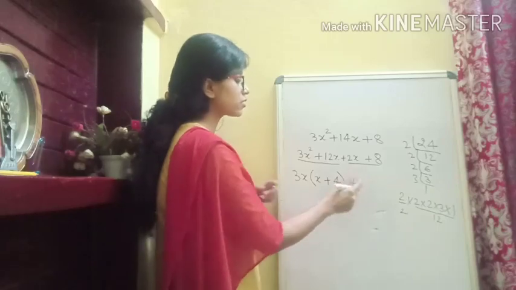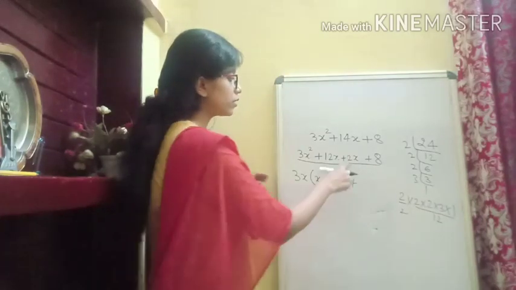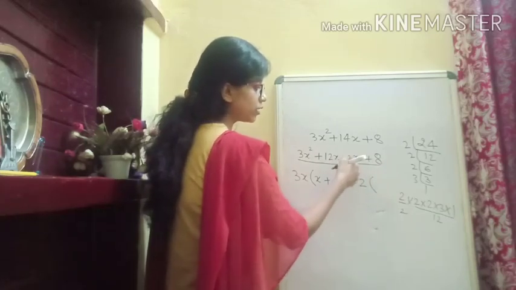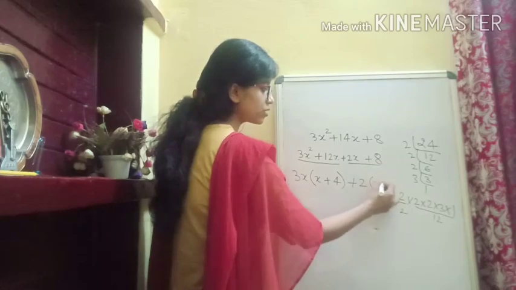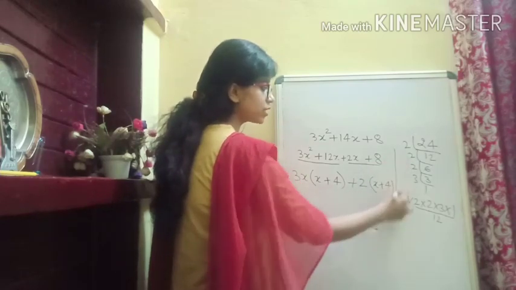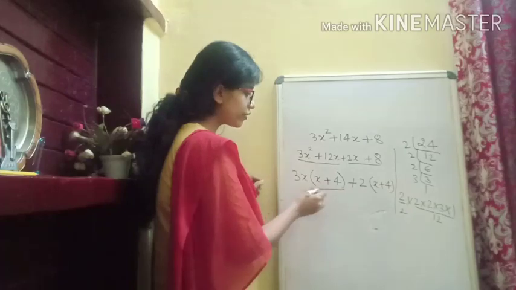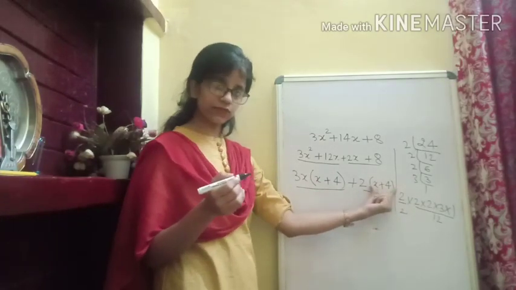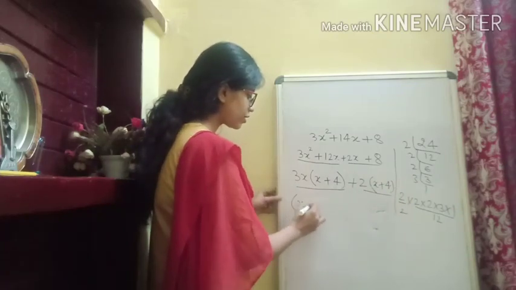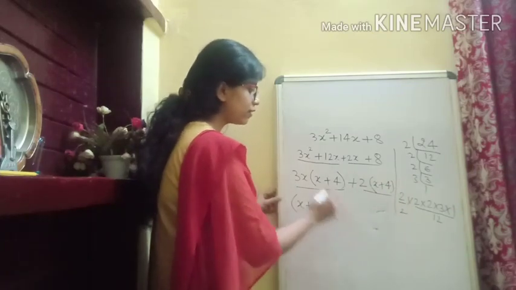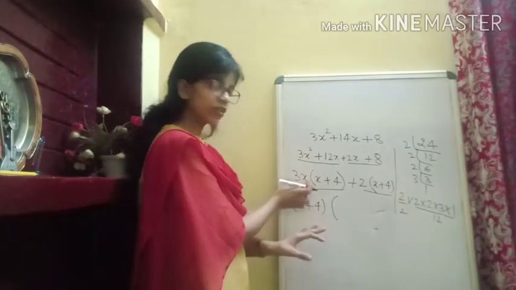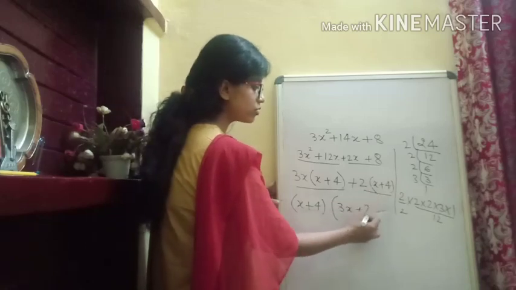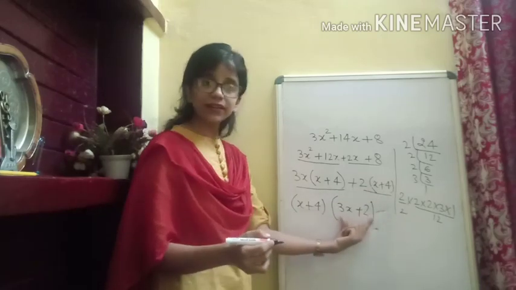Plus from these 2 numbers, what is common? Here we have 2 common, only 2 common. So from the first term we have x, and plus 2 common, so it will be 4, isn't it? Now if you see, in the first term we have a bracket x plus 4. Again in the second term we have this bracket x plus 4, which is again common. We can take x plus 4 as common, and then what are we left with? X plus 4 common, so in the first term we have 3x left, plus what are we left with in the second term, that is 2. And this is how we have factorized our given trinomial.